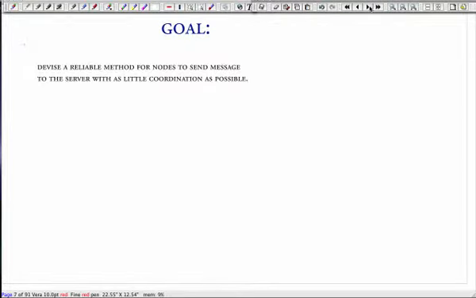And the insight to this problem, the real point that I want to show you here, is that the tools of very basic probability analysis, along with this very interesting numeric fact, allow for very cool algorithms. This is just one example of a family of algorithms that relies on this particular principle. Okay, so the problem again: each node wants to figure out a simple protocol to make sure that it can get its message to the server.